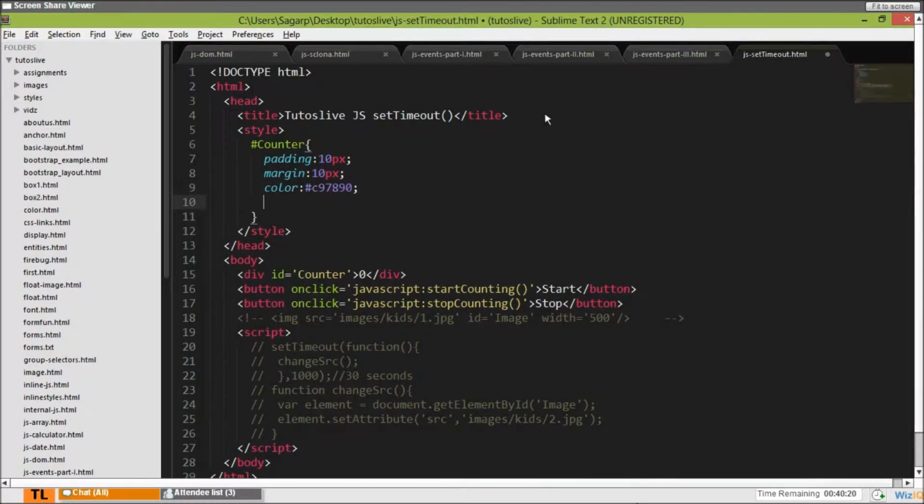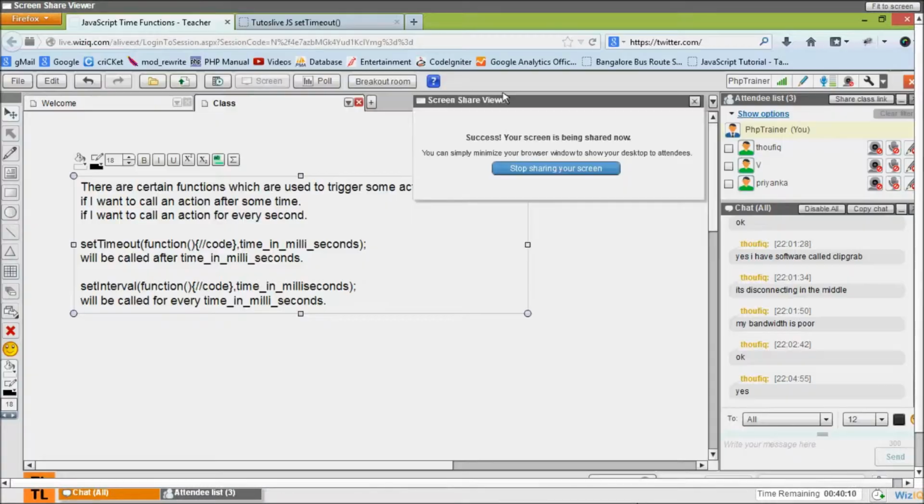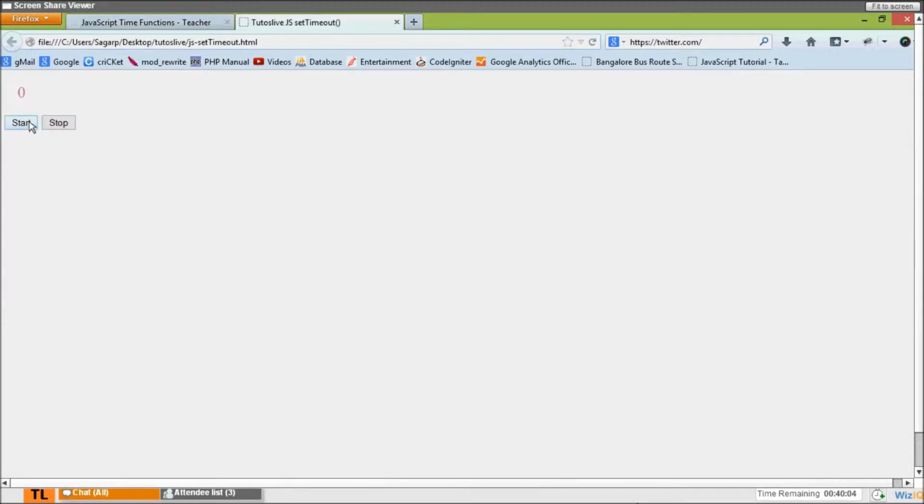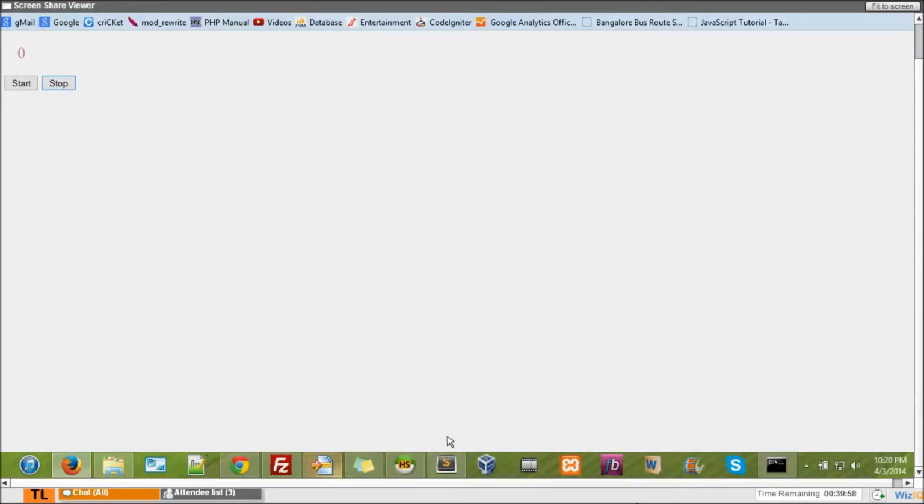And what else? I would like to give a font size. Okay, the font size of 24 pixels, let's say. And let's see what happens over there. So here I click it. Yeah, this is good. So as soon as I say start, this should start counting, and as soon as I say stop, it should stop counting. Let's see how we can do it.